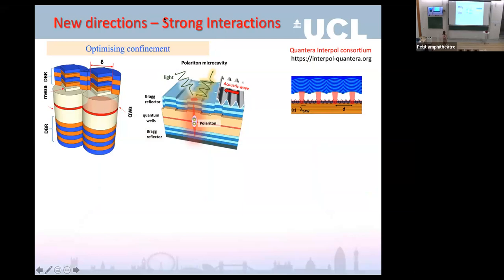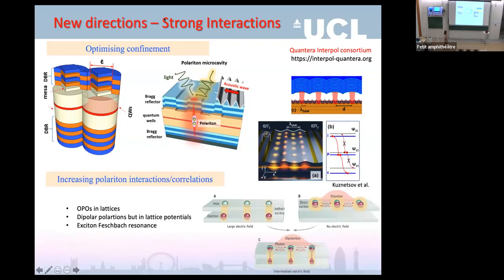create one polariton per lattice size via optimizing confinement, via creating open cavities where one can place surface acoustic waves and put a very strong periodic potential for photons, or alternatively going into different schemes such as OPO in lattices where perhaps the interactions are not very strong, but you can create correlated photons via the OPO regime, and if this is scaled up to lattices, you can create some strongly correlated states without very strong interactions via different